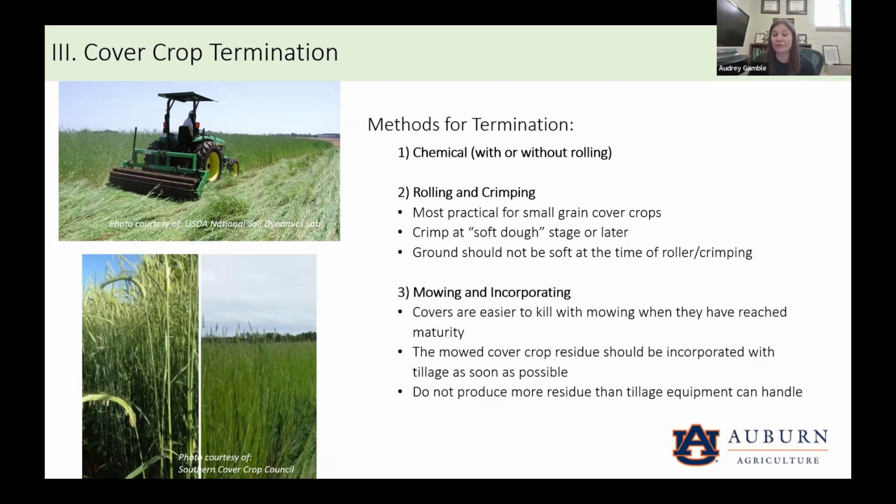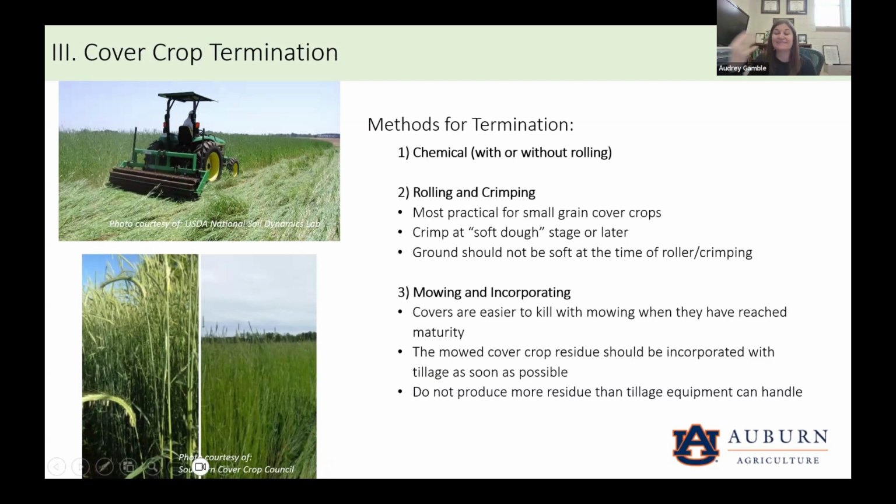And then lastly, mowing and incorporating is another way to deal with cover crop residue. So if you're in an organic system and you don't want to spray chemicals, then this is most often the best option unless you're growing small grains and you can roll and crimp it. And by the way, I should say there's a variety of different roller crimpers out there of all different sizes. Some that are tractor mounted, some that are even push behind. So mowing and incorporating, moving back down here,